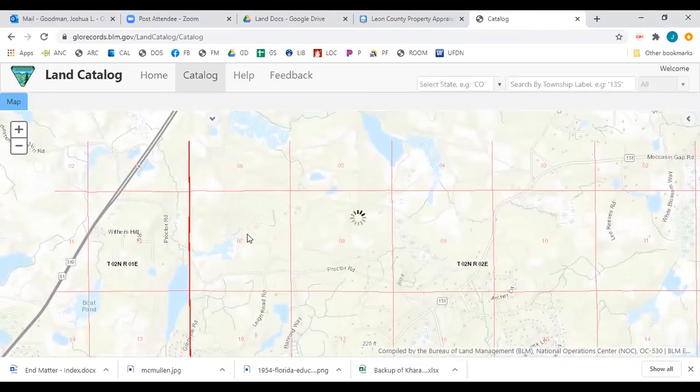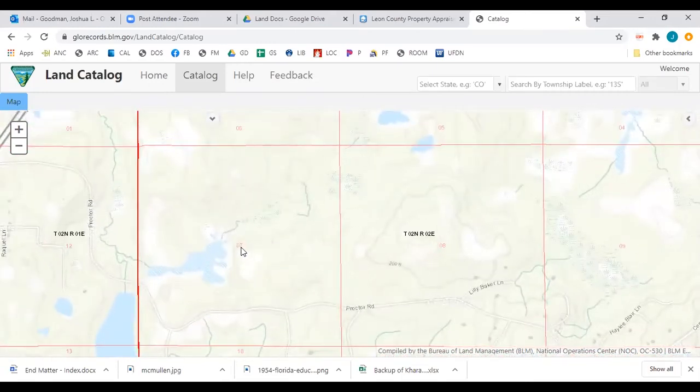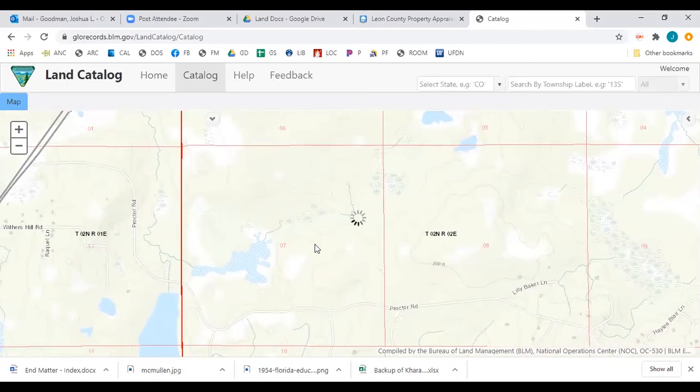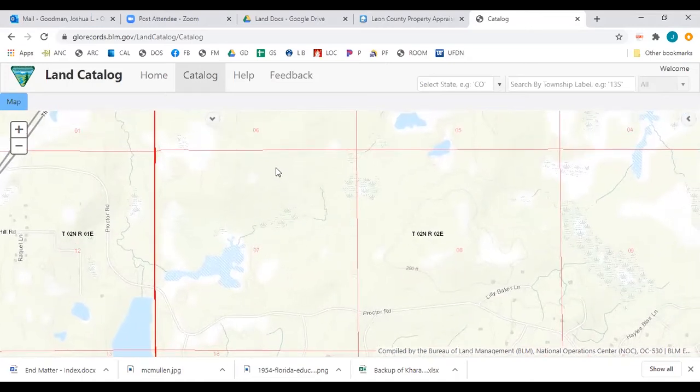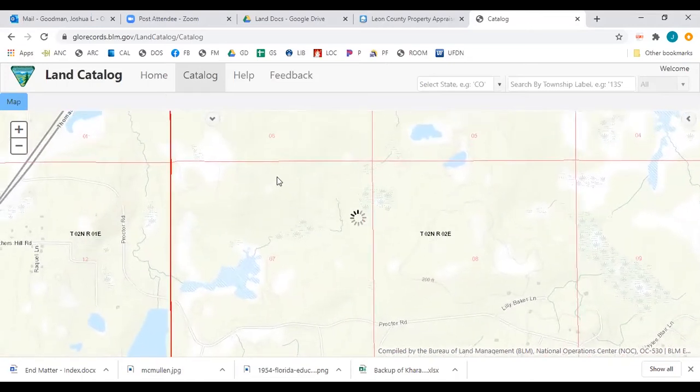And I can actually zoom in on this map, and it'll show me what's there now. And if you recall, the legal description of that piece of property said that it was in the northwest quarter of the northeast quarter. So the northeast quarter of section 7, they always print the number right in the middle of that section. So that means that this piece of land was the northeast quarter of section 7, and this would have been the northwest quarter of it. Not a whole lot going on there. But wait a minute, I wonder who owns the northwest quarter of the northeast quarter of section 7.